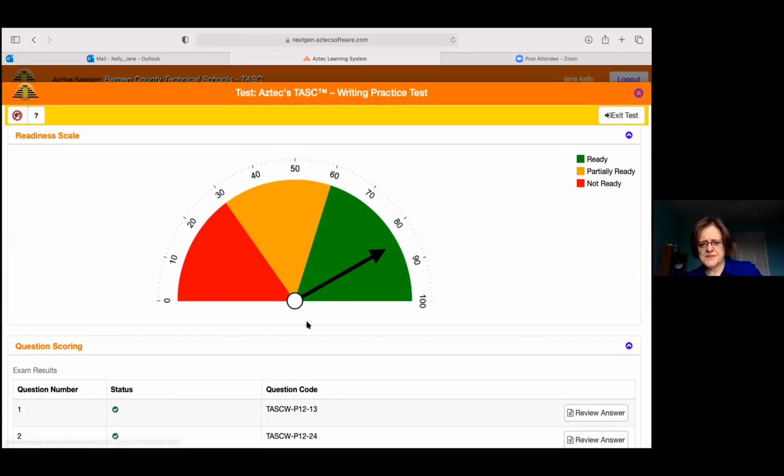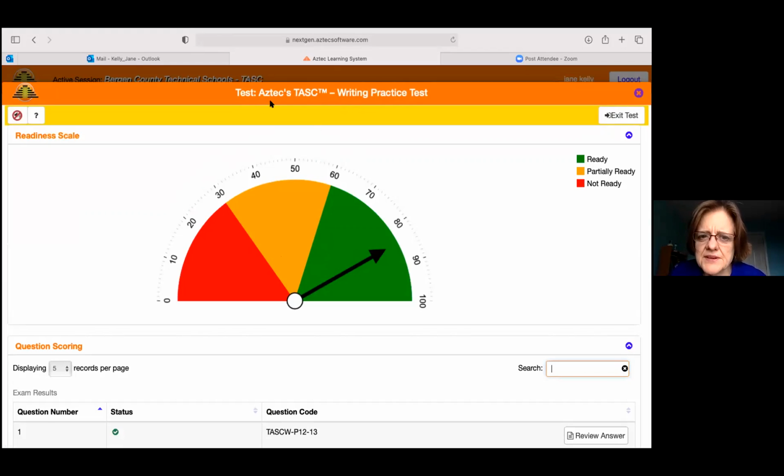Okay, when a person takes a test, a practice test, whether it's Aztec's TASC, Aztec's HiSET, Aztec's GED, they will get this because they're not going to say you will pass. They will say, don't go, maybe go, definitely go. I tried my best, I got 84%. So I would say if your students hit somewhere here, they're okay. Because these tests, and I remember in the training, the person in the company saying it's actually harder than the real thing, and it is actually harder than the real thing. So I think that's been,